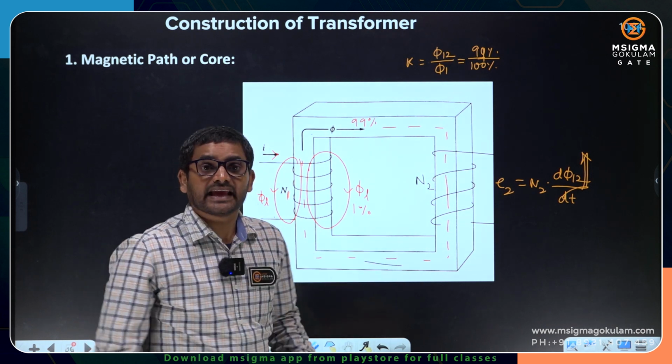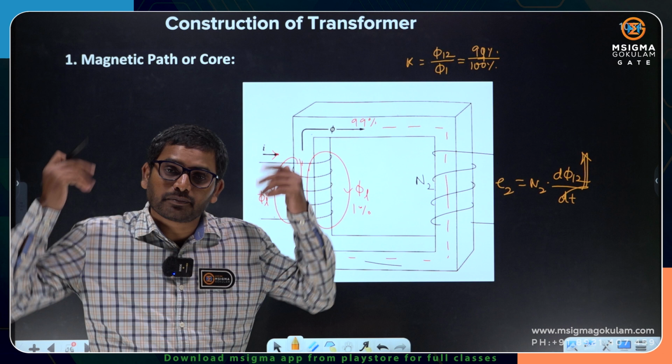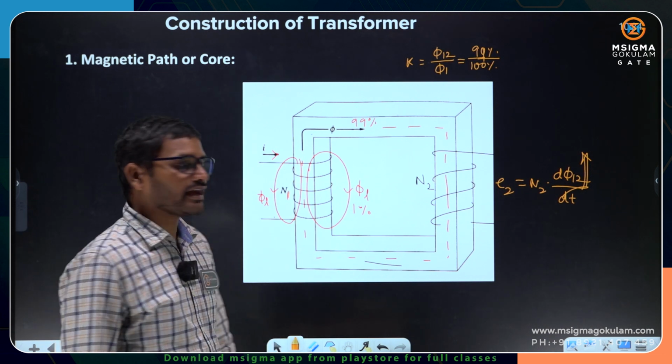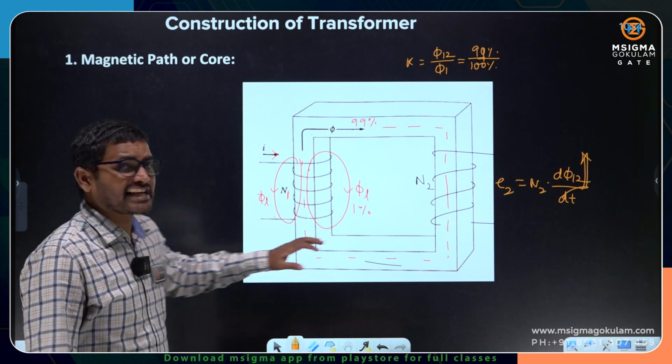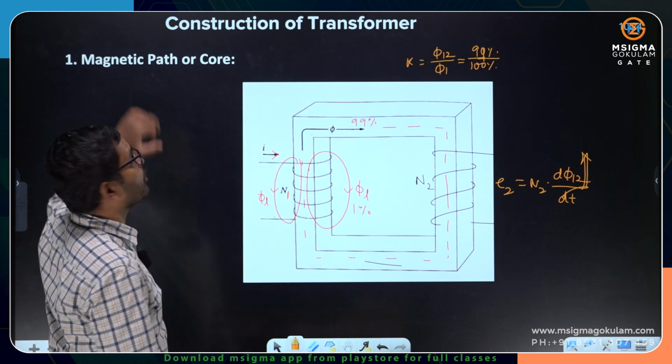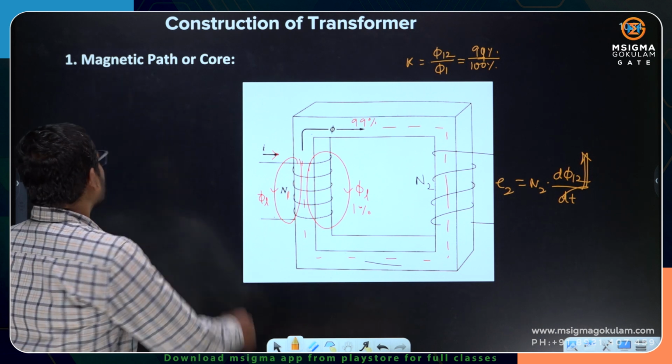Keeping the magnetic path enhances the coefficient of coupling. Magnetic coupling is going to increase. If you want to increase the magnetic coupling, how should the core be? How should the magnetic path be? The magnetic path